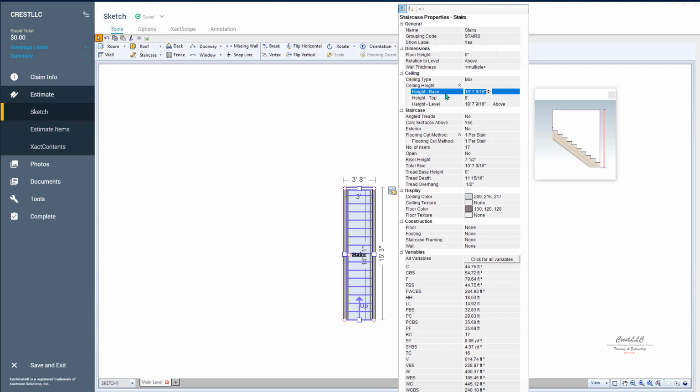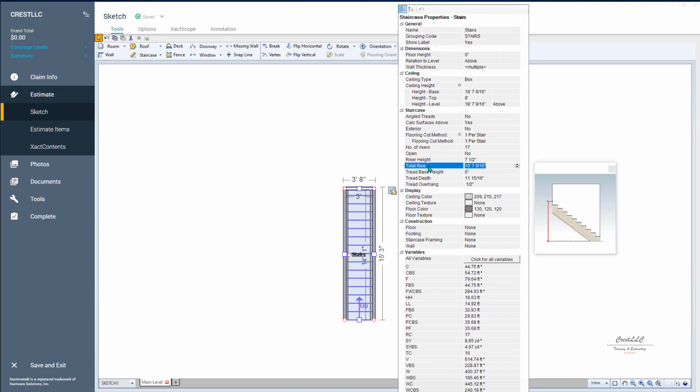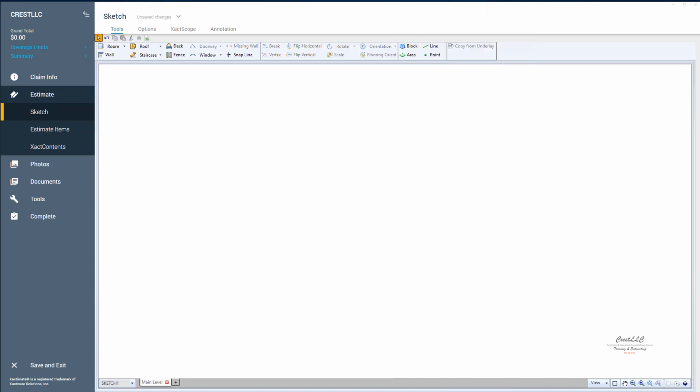And by the way, if you're drawing stairs out in the field, if you have the total rise and you have the number of risers, which there's a picture of right there, Xactimate should really do everything else for you. If you get those two things out in the field, you should be able to draw a set of stairs. So what I'm going to do to try to explain stairs and how they work is, let's say that